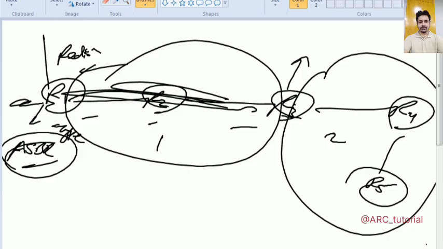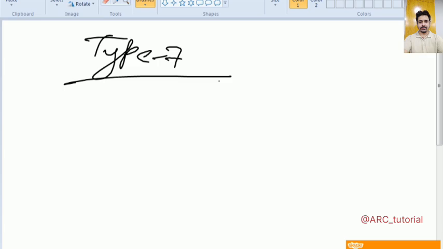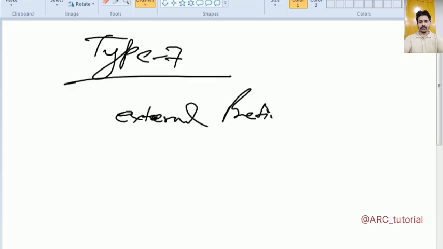Let's move to type 7 NSS LSA. If you talk about type 7 LSA, type 7 LSAs will be used to allow external prefix or external routes through